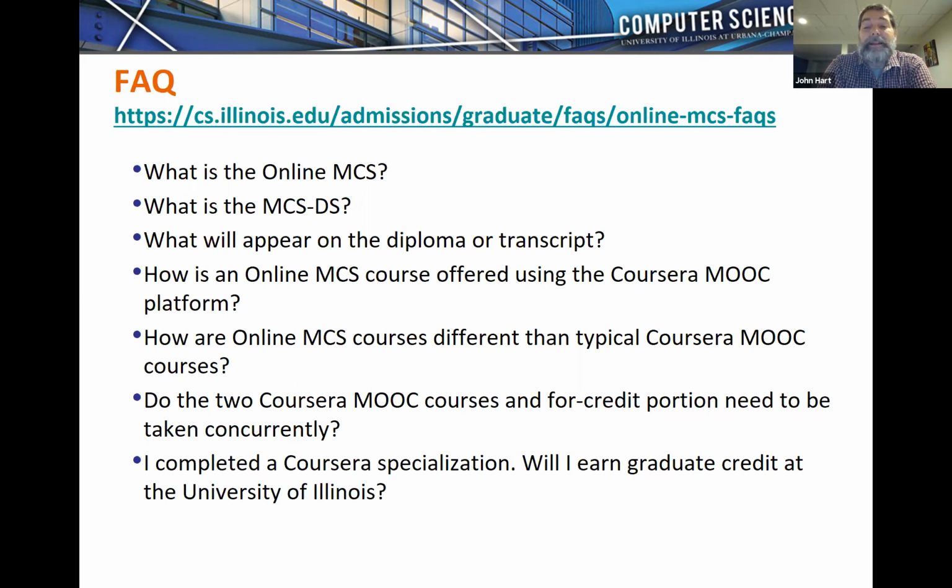The MCS-DS is a subset of classes that focus on data sciences that allow you to complete the Master of Computer Science. These data science courses have been chosen so that they fulfill the requirements of the Master of Computer Science, but they do so with classes focusing on data science. And so those classes include courses on machine learning, on data mining, on data visualization, and on cloud computing. And in addition to that, we have some advanced coursework in the information sciences and statistics that can be used.